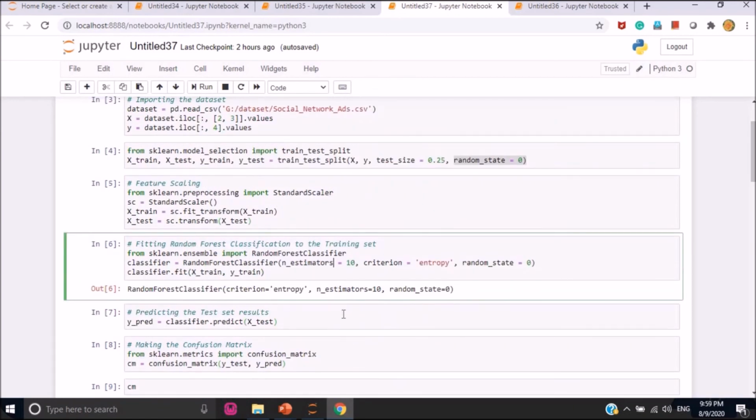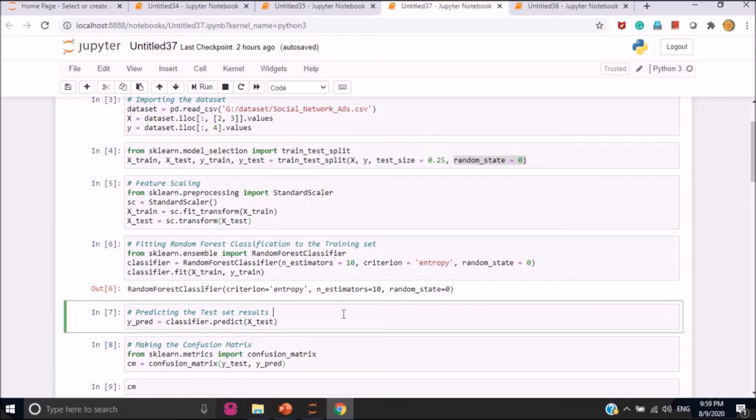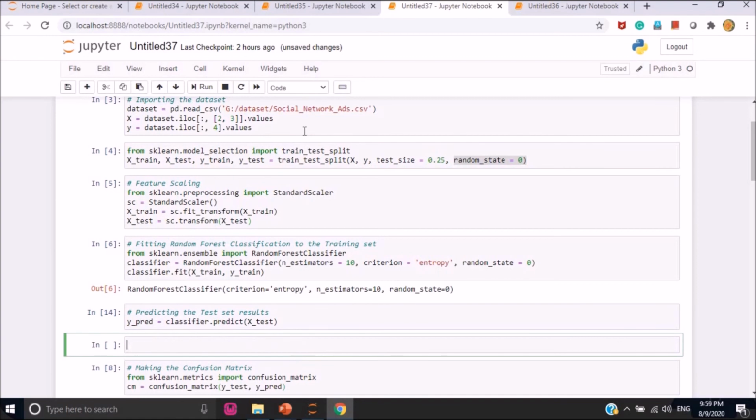The next step is that we have built a model. Now let's see how it predicts on our data set. Just run it and let's see the prediction result.